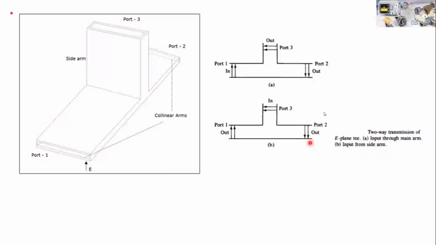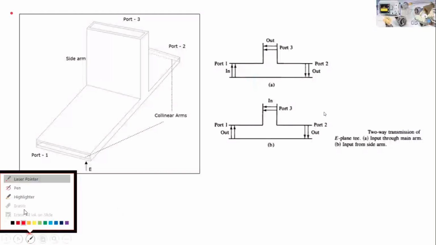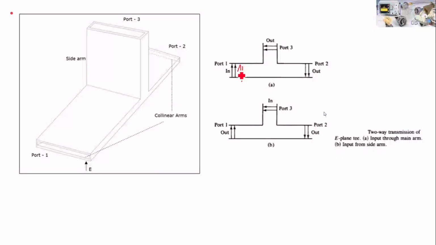Similarly, you can feed power through any of the ports. Now see in the first figure, you are feeding power through port 1, and it goes to port 2 and port 3. I'll show you how the currents get divided here. It is fed like this. Once it comes here, this discontinuity changes the phase of this particular signal. So from here again it goes like this, and it comes like this. And similarly here it changes phase once it comes here. Similarly in this case also.